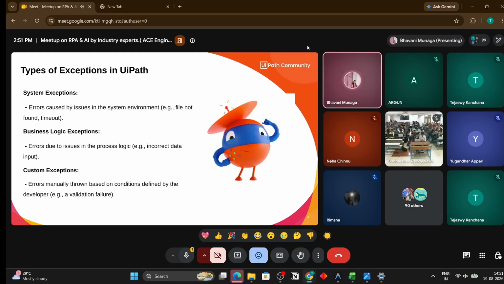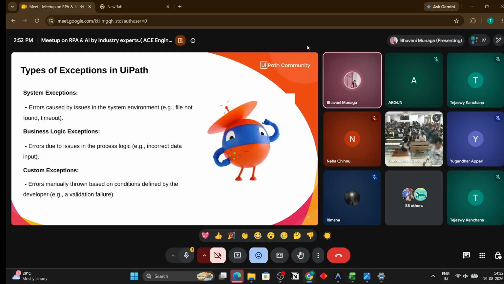So this is a scenario where you have to go to Outlook, get the mail, and process it further. So this is a standard process. But what if it hits any errors? There might be known errors, there might be unknown errors. If you have an idea that this is a known error, you can handle it with exception handling, and you can run it without interrupting the automation flow.